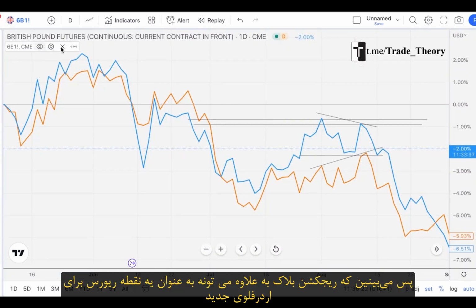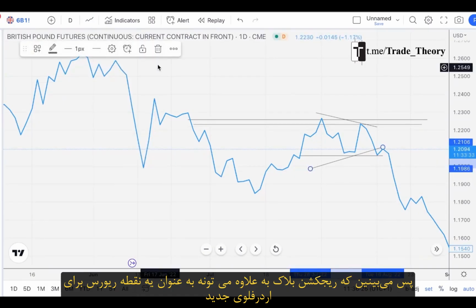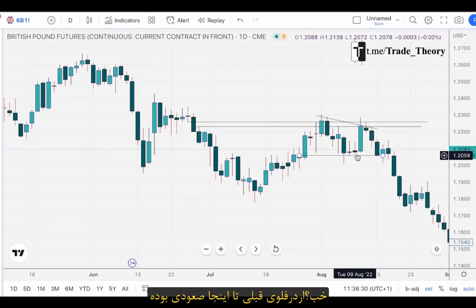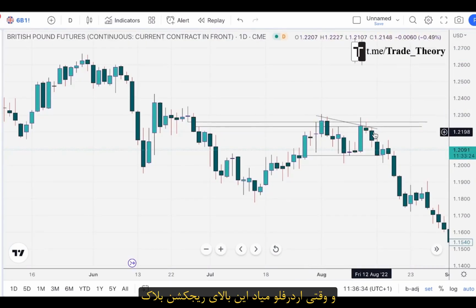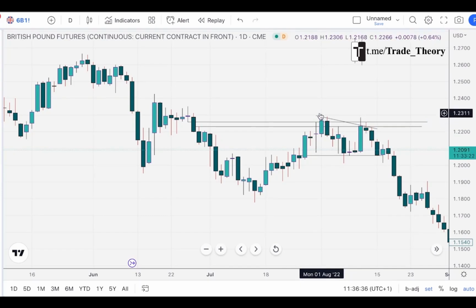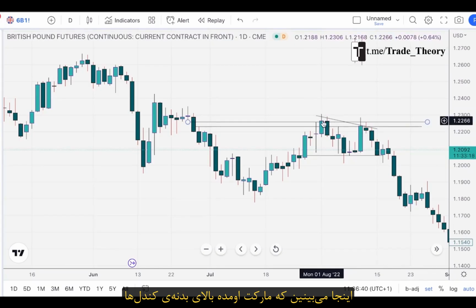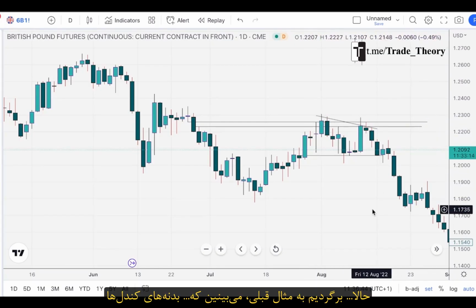So you can see that rejection blocks can also be utilized as areas for new order flow, right? Pre-existing order flow was bullish all the way up to here, and then new order flow, once you run up above the rejection block, switched over to bearishness. You can see the market run above the bodies of the candle and immediately reject. Now,